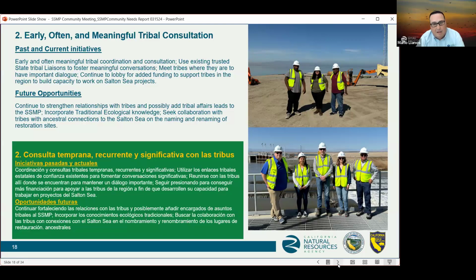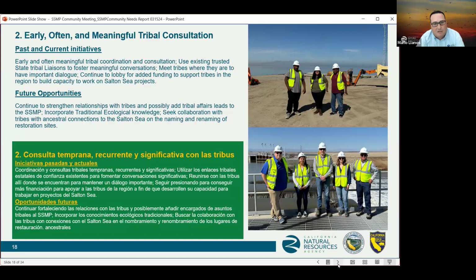We've expanded the participation and inclusion of approximately 25 tribes with ancestral ties to the Salton Sea. We continue to work towards collaboration of projects around the sea. We continue to meet with tribes where they are to continue important dialogue in relation to Salton Sea restoration.